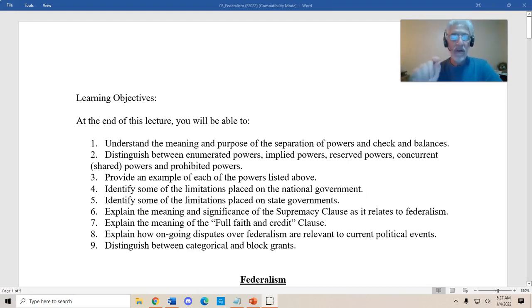By the way, this is one of those areas where it's so important that you watch the lecture videos. Let me explain why. If you go to your book, your textbook, or you go online, the definition and explanation that you'll find of federalism is different than the one that I provide. I think mine is right and more accurate than the textbook and other online definitions of federalism. That's why I'm teaching this class, because I think it's important to explain these things clearly.